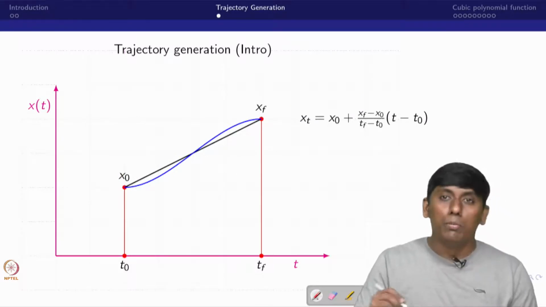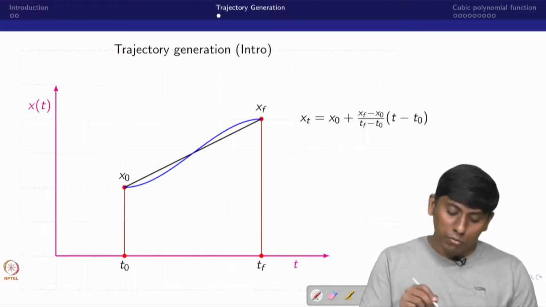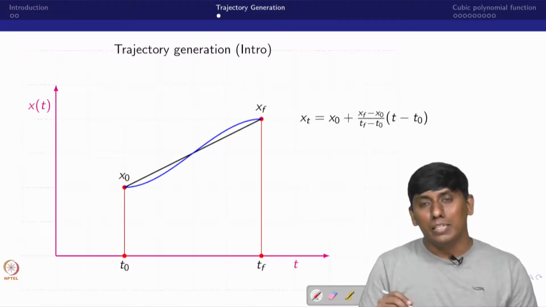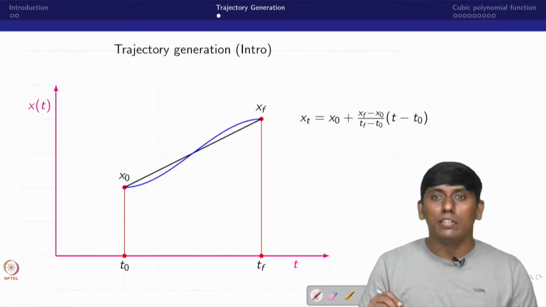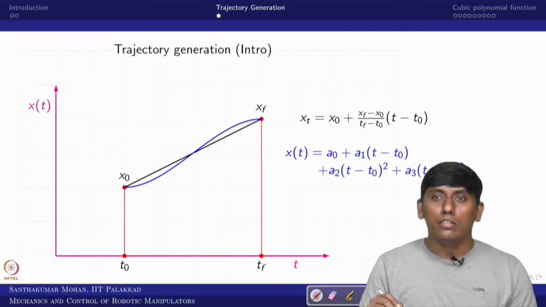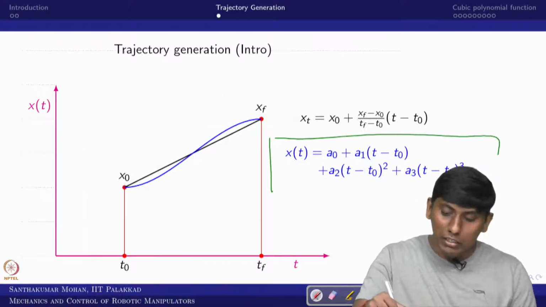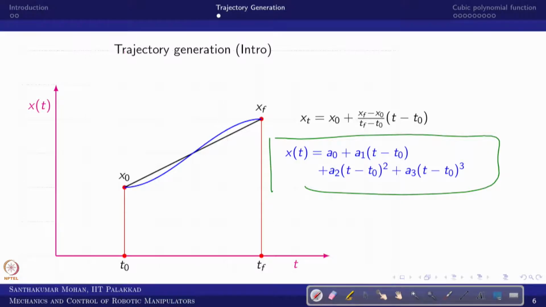In that sense, the cubic polynomial which I have shown is very smooth, very close to a straight line, but very smooth. It is going to give at least twice differentiable, in the sense the acceleration would be finite, okay? That is what we are trying to see here. This is the equation which we generated. These 4 unknowns we can calculate by bringing in the 4 conditions. I call this x naught, and this is xf, and this is x dot of naught, and this is tf.